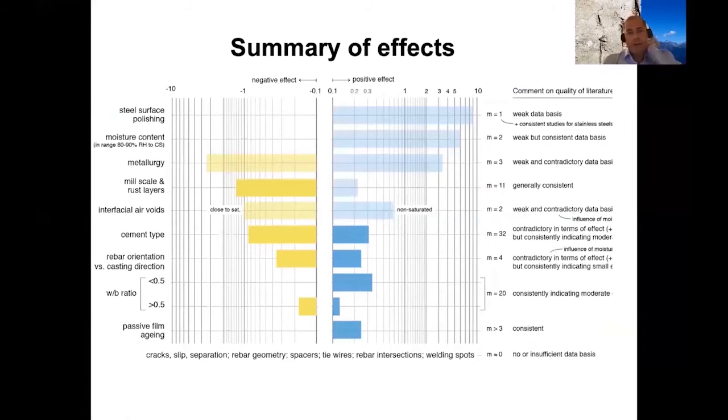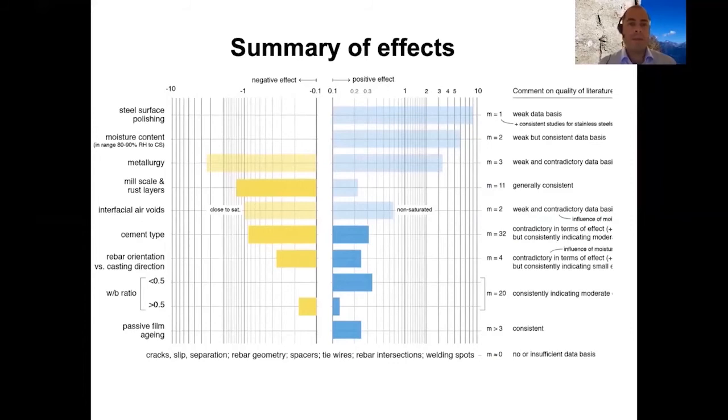The big conclusion of this second paper, which covered a lot of literature studies that were all evaluated with the method that I briefly sketched on the previous slide, can be found on this slide here. So this is the summary of the different effects. Blue means positive effect on this logarithmic scale here, and yellow means negative effect. For instance, steel surface polishing was found to have a dramatic positive effect. So if the steel surface is polished, we can make the system much more resistant against corrosion. But of course, this is something that is rarely done or never done in practice, but that can frequently be found in